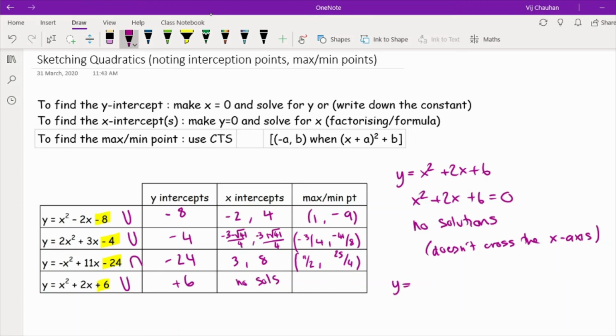it's still going to have a minimum point in which we've got (x plus 1) squared plus 6 minus 1 plus 5, so we've got a minimum point of -1 and 5. So if I just fill that in, -1 and 5. So if we have a look at what that is actually going to look like,